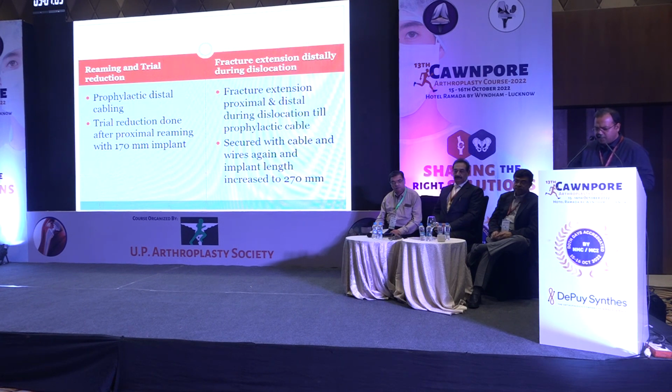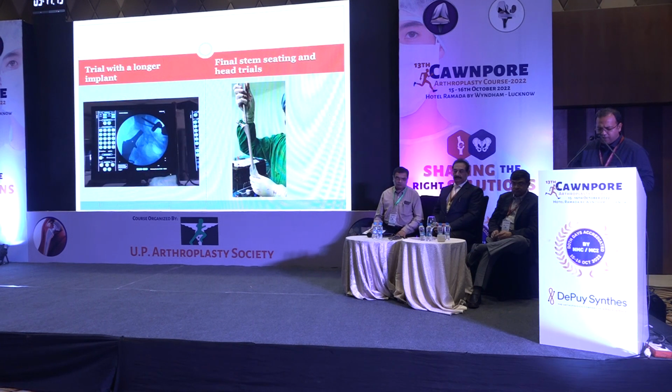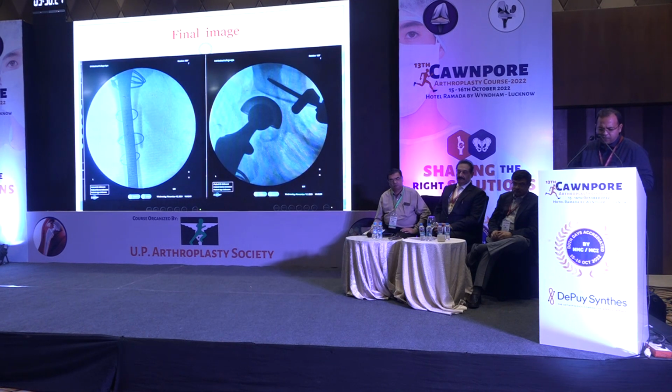If you can see, this is a plate we had held on to earlier. If you can see, this is a fracture which was propagated. And we used more cables to pull it up. And then we put a revision stem. We reduced it and did a trial reduction so that once you put the stem, we're not left unable to reduce it back fully. And then this was a final reduction.